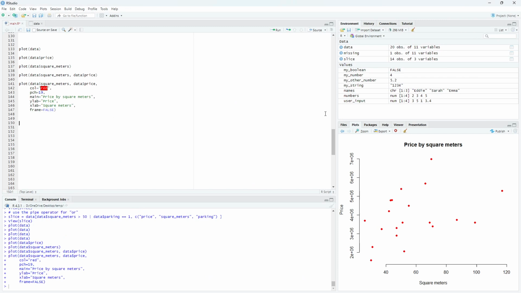And if you are not happy with the color, you can change the color. You can change the points here. But if you're not happy with the color, you can actually, for example,